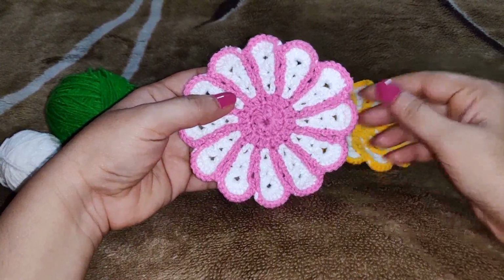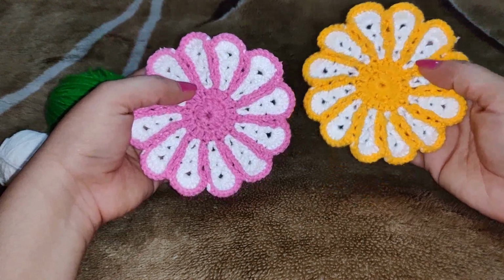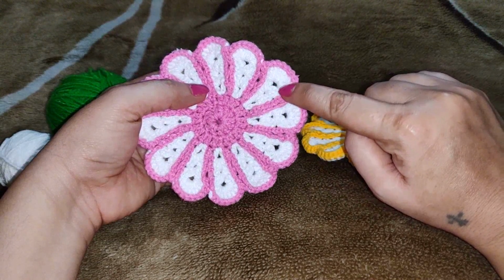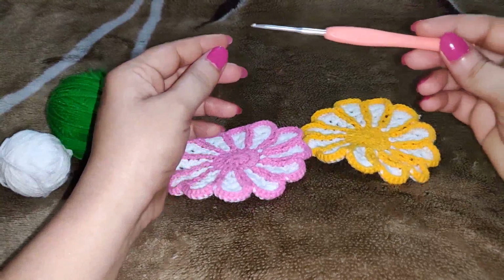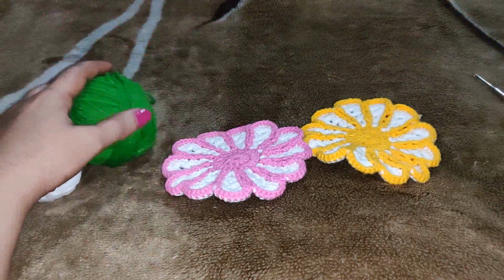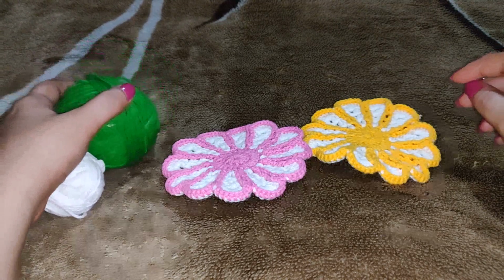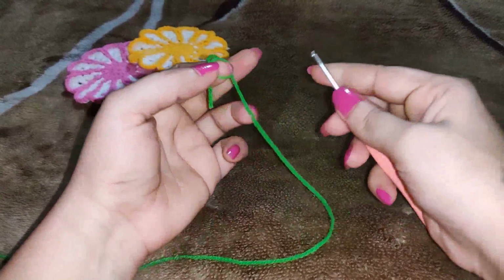Hello everyone, today we're going to learn how to make these pretty flower coasters. This is made with a number of double crochets and chain stitch. For this I am using crochet hook 2.5 millimeters and some crochet yarn. So let's get started. We begin with a slip knot